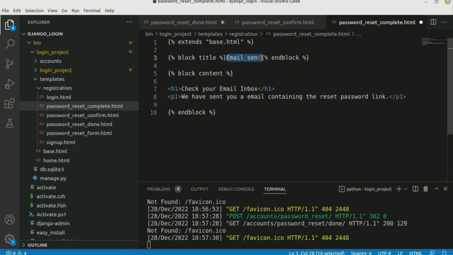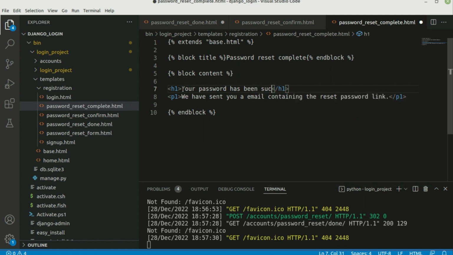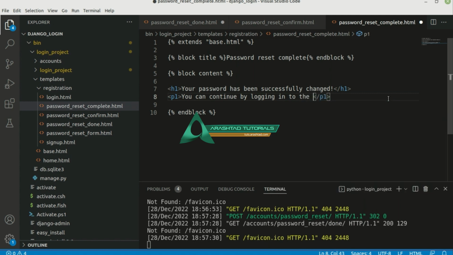So here we should write password reset complete, and now here I can write your password has been successfully changed, and then we should say you can continue by logging in to the website